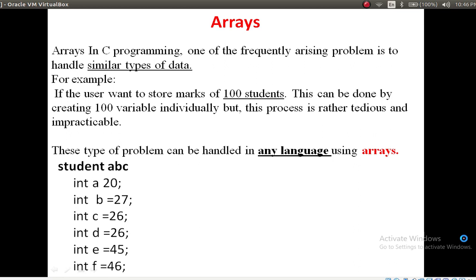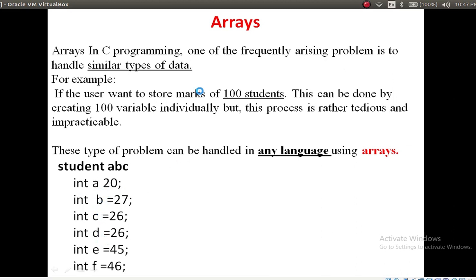Arrays in C programming: one of the frequently arising problems is to handle similar types of data. Similar types of data means the same data type, for example int. We cannot use just int a; we would have to use int b, int c, different variables.